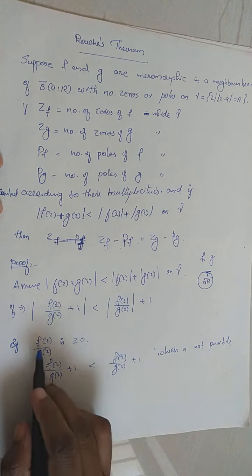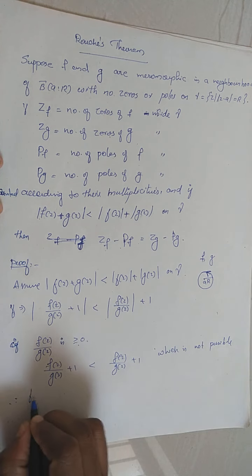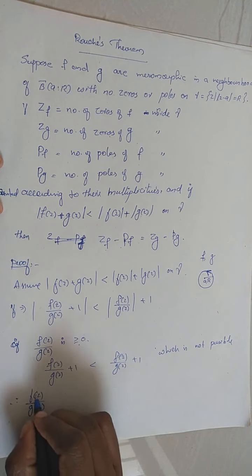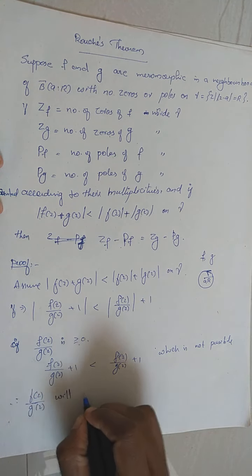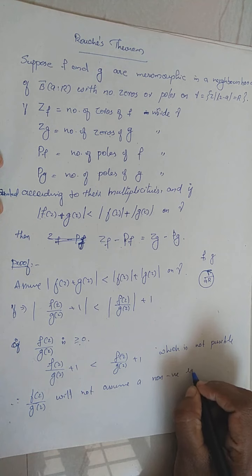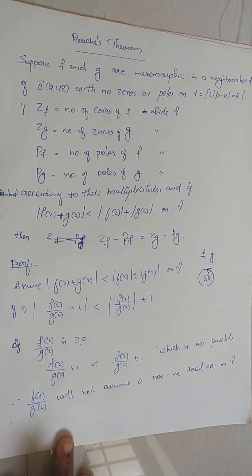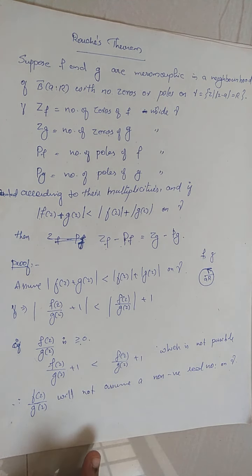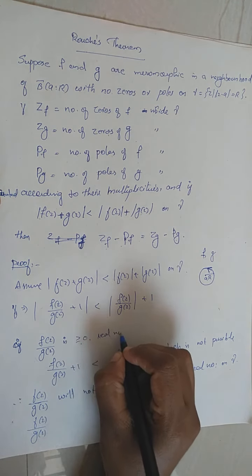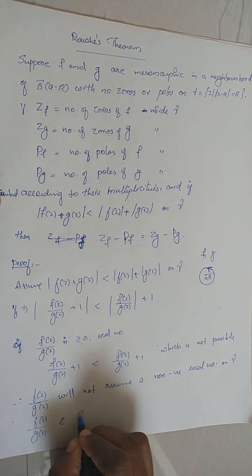Therefore we can't assume f(z)/g(z) is a non-negative real number. Therefore f(z)/g(z) will not assume a non-negative real number on gamma. So on gamma, f(z)/g(z) must not be a non-negative real number. Okay, so what you can write is f(z)/g(z) is not a non-negative real number, and it always belongs to the complex numbers